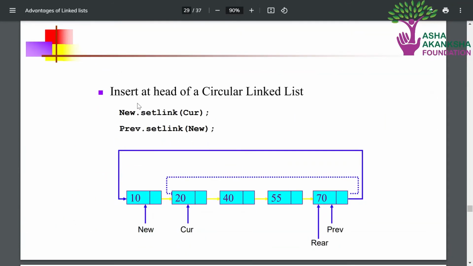Let's see how we can insert if there are some elements already present in the circular linked list and we have to add the new node at the head of the linked list.